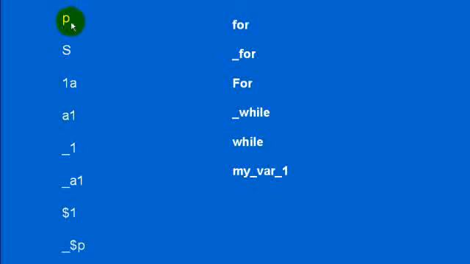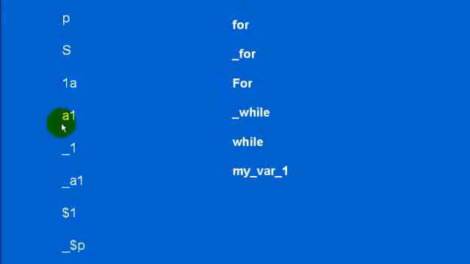It's perfectly valid because the name of an identifier or a variable may be of one character and it's a letter. Second one is also valid. Now 1a, here we are having 1a. 1 is a digit. So first character of the identifier must be a letter or underscore or dollar. So it is invalid. Java will not allow this identifier to be used.